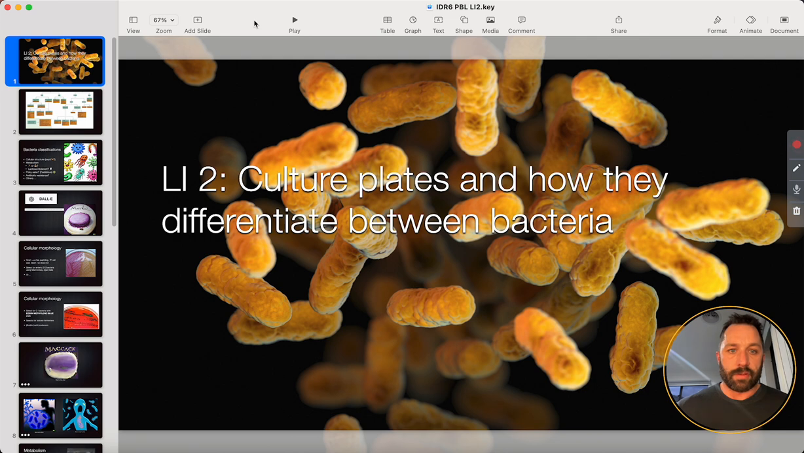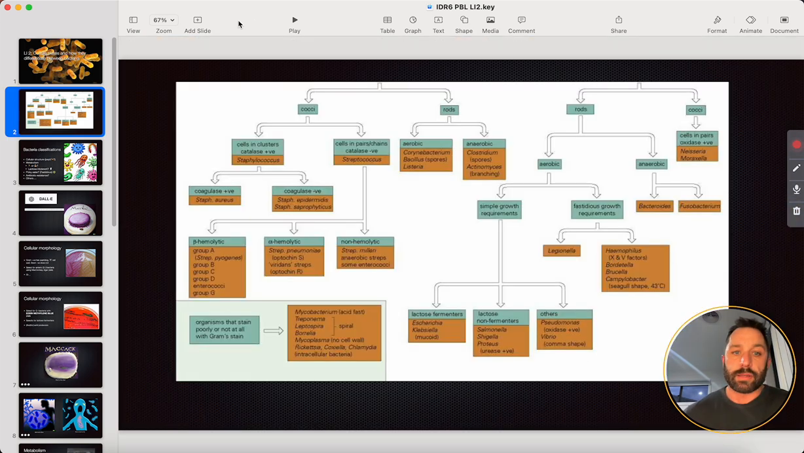Right, welcome to my presentation on culture plates and how they differentiate between the bacteria. We've done some of this recently in the lab with the MacConkey plates and the Gram staining and stuff like that. And here we've got a diagram up here. There's Gram positive, Gram negative, there's differentiation between that. And then we can start to look at some of the specifics, which I'll talk about today, whether there's catalase positive or negative,